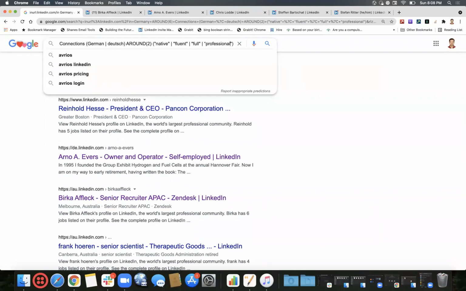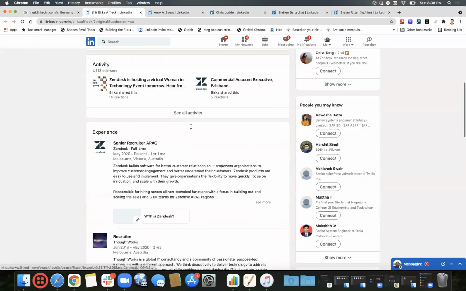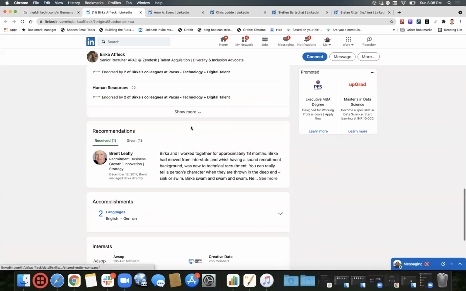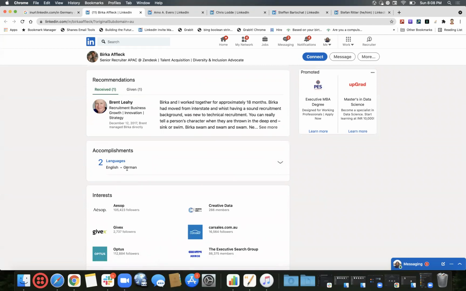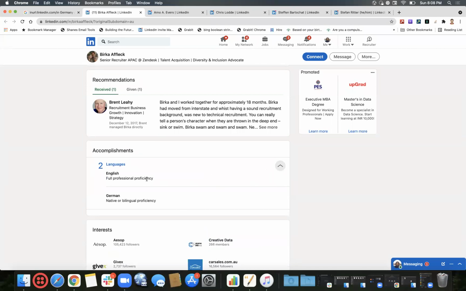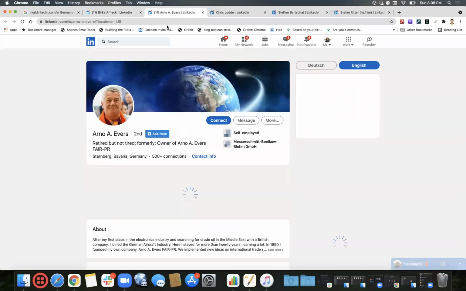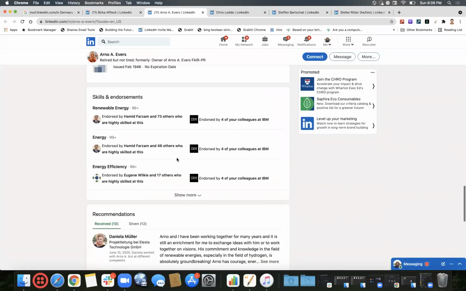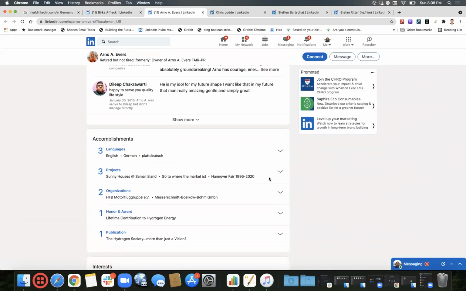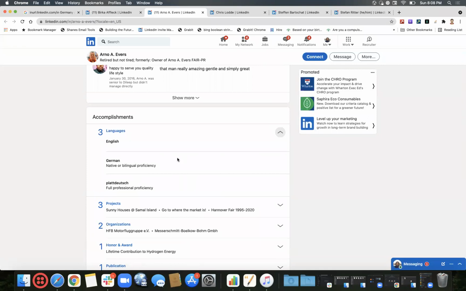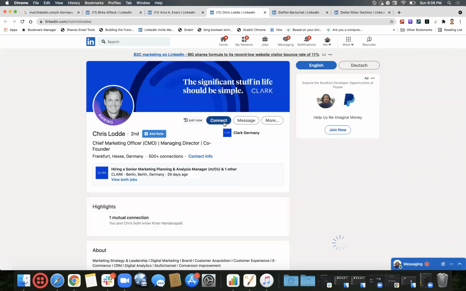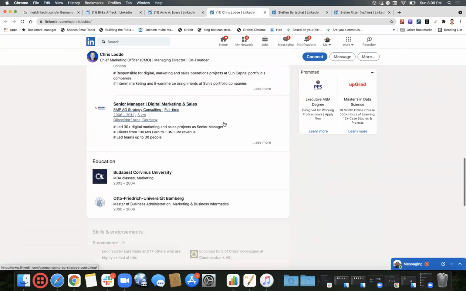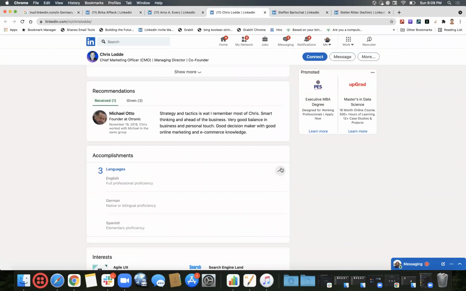So we just gave this basic search, and then when we went to the profiles, definitely the language German had been taken, but not with full professional proficiency. For some of the use cases, we're trying to find the profiles. We did get the profiles, but they did not have that full proficiency, native or bilingual. They might be at a very early stage of starting their language. So there were various use cases.